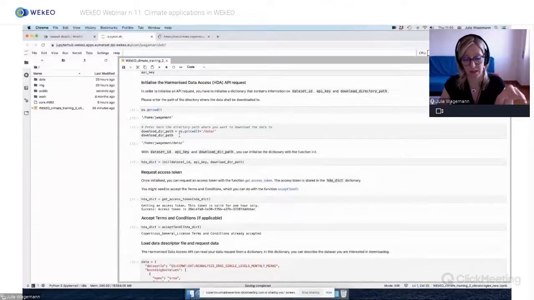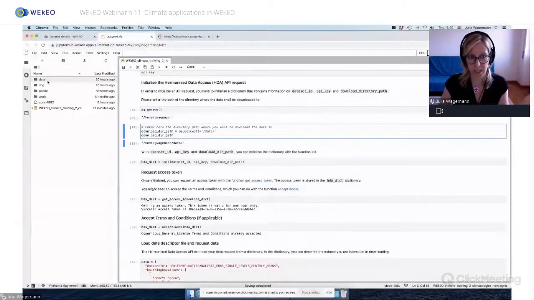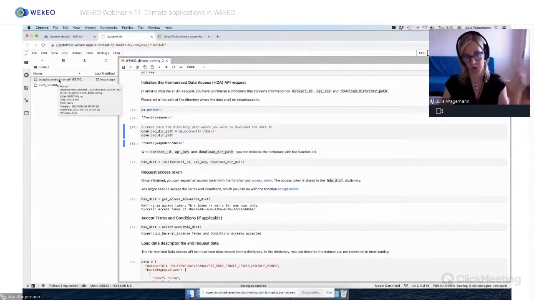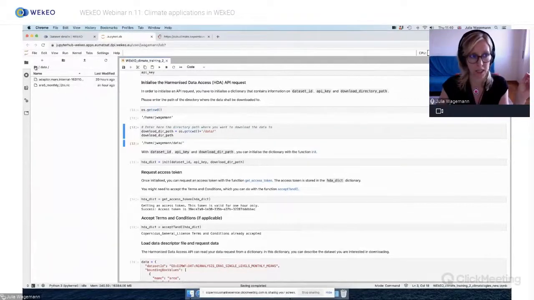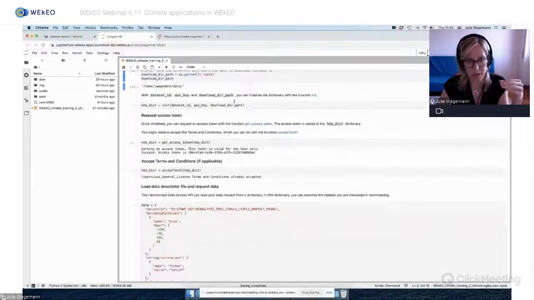As a start, this is also what I did. I created an additional data folder. So the folder is called data. And I say all the data I download, I want to store in this data folder. And this is also what I prepared already. So if I go here, there are the two different data sets with the two different ways already in the folder. And then basically there are some steps which you're guided through to initialize the request based on your username,